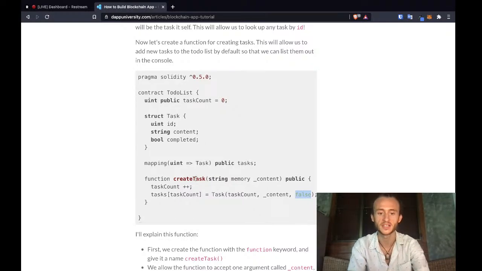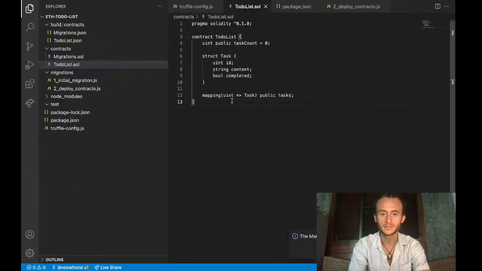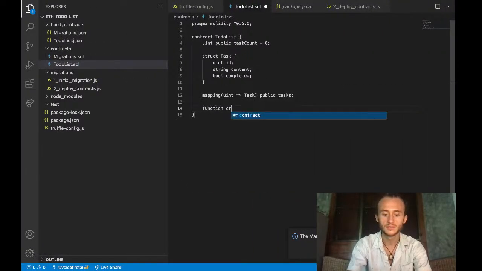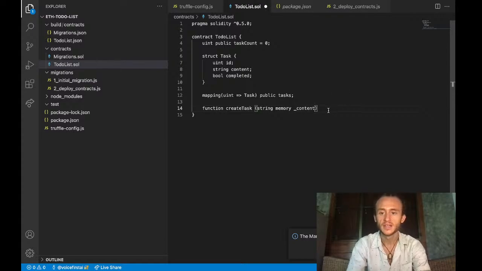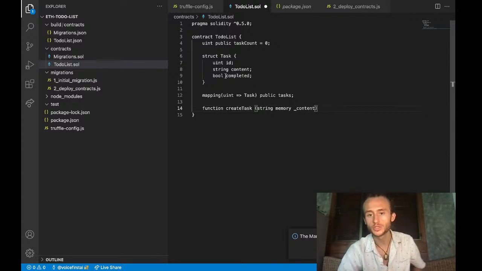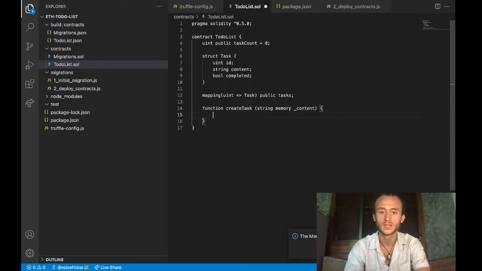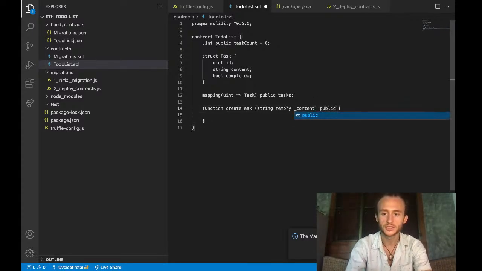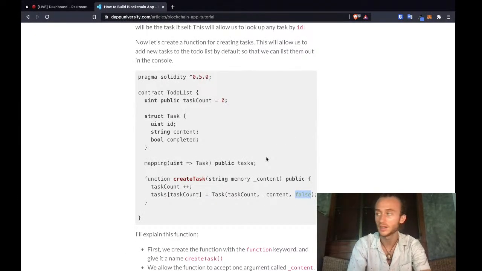Let's get started by defining the skeleton, creating a function called create task. Function of create task. We just want to pass in a string from memory of underscore content. In Solidity, we define state variables which are persistent on the blockchain without underscores, and any local variable from memory with an underscore, so that way we can tell the difference between an actual state variable like this content and something that's only contained within the runtime of this create task function. So we now also want to make this function public so that it can be accessed by people outside of our